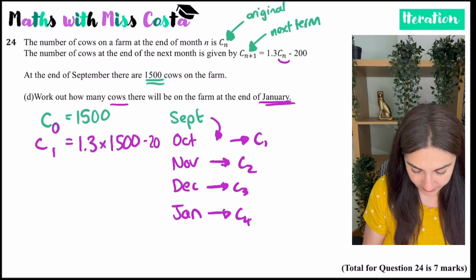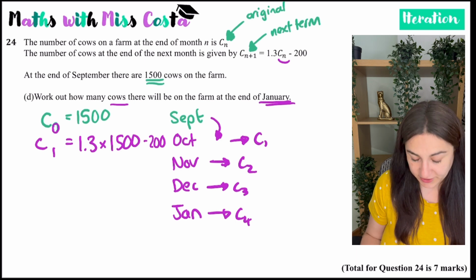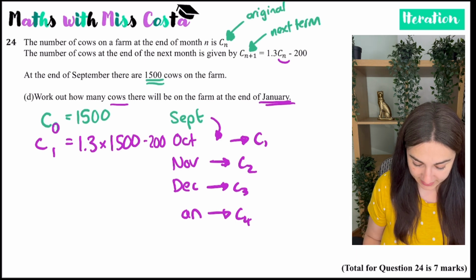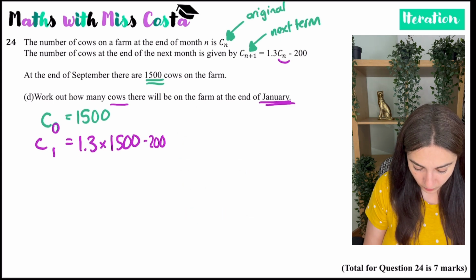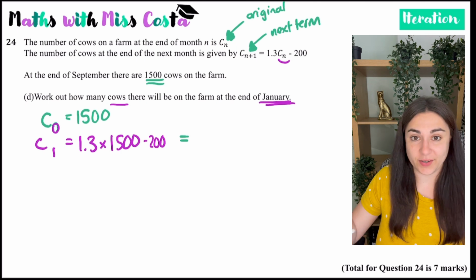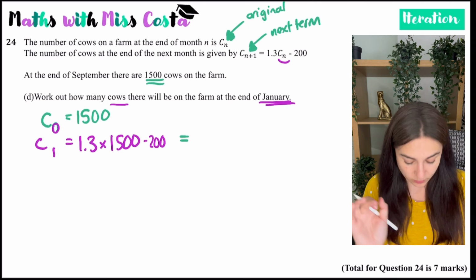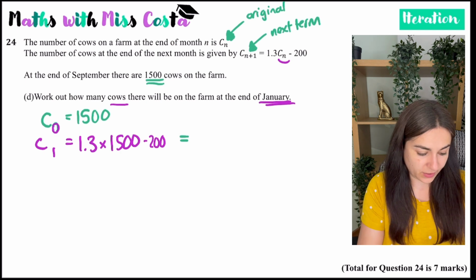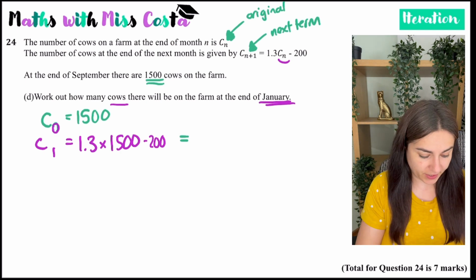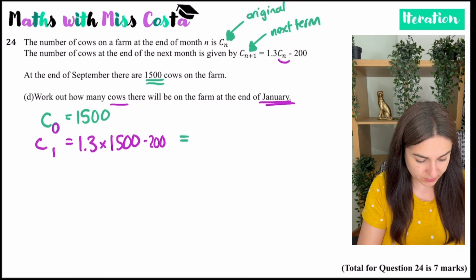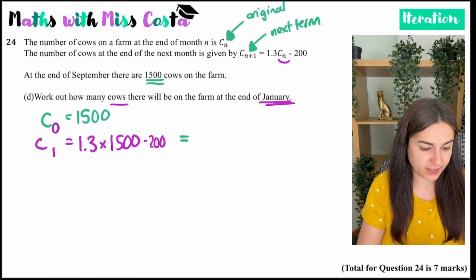take 200. So let's actually get rid of this. So essentially you're trying to work out C4 because that would take you to the end of January. So what is this? Once again, you can do the little trick I told you. So 1,500 is your original term. You press equals and then you type in, and you're going to put it in brackets because that's being multiplied first. So 1.3 times 1,500, close the brackets, take 200 equals